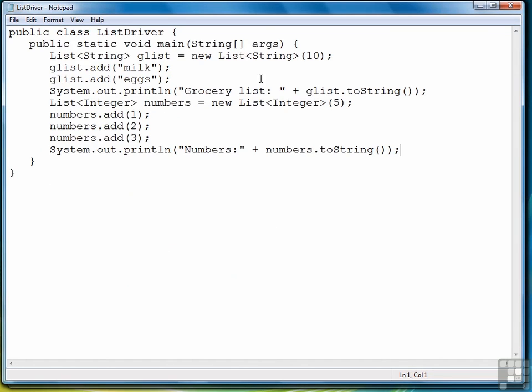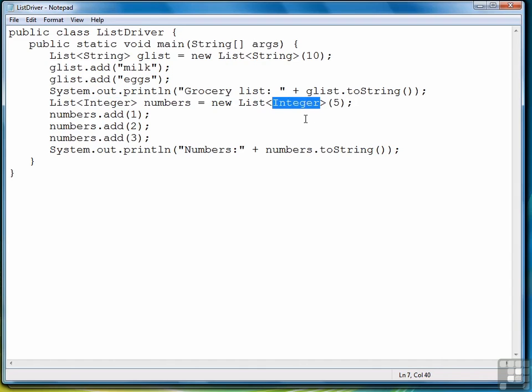Then when we want to actually use the class, we substitute T with an actual data type. So here we have String. Right here we also have String. Then for our numbers, we have Integer, and we have